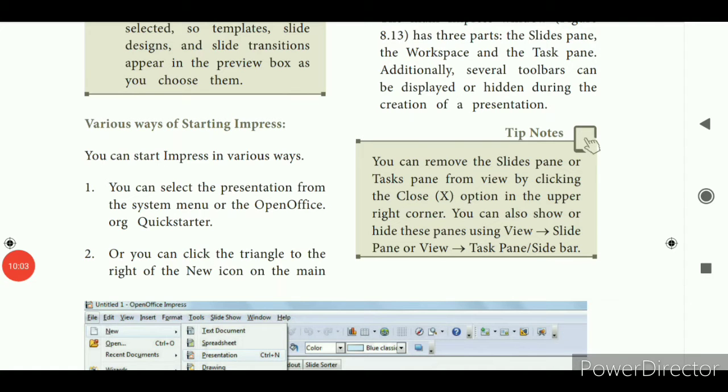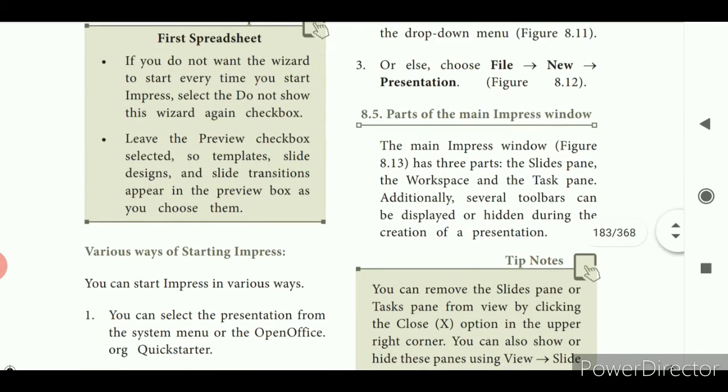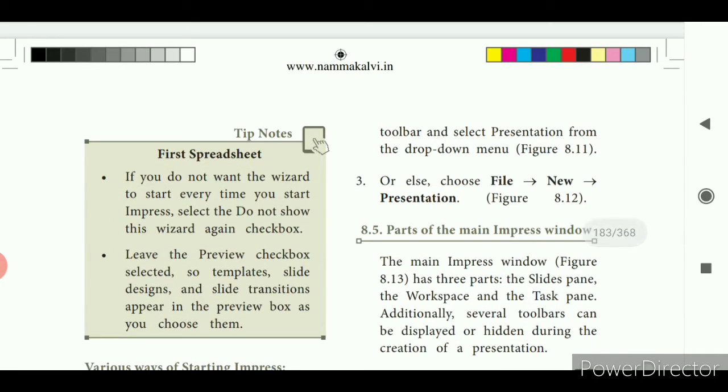Then the next one is, what are the various ways of starting Impress? You can start Impress in various ways. First one, you can select the presentation from the system menu or the OpenOffice Quick Starter, or you can click the triangle to the right of the new icon on the main toolbar and select presentation from the drop down menu.